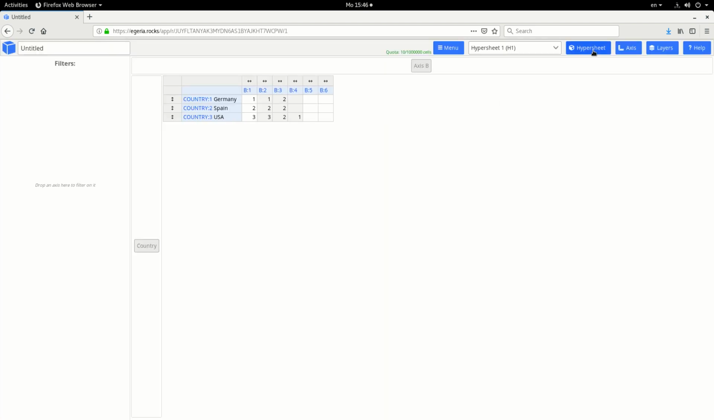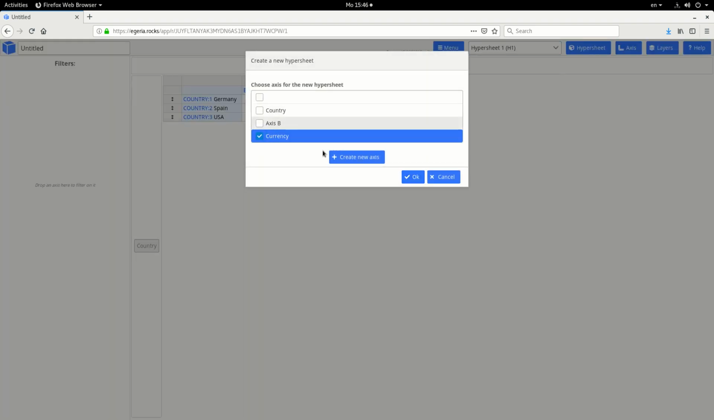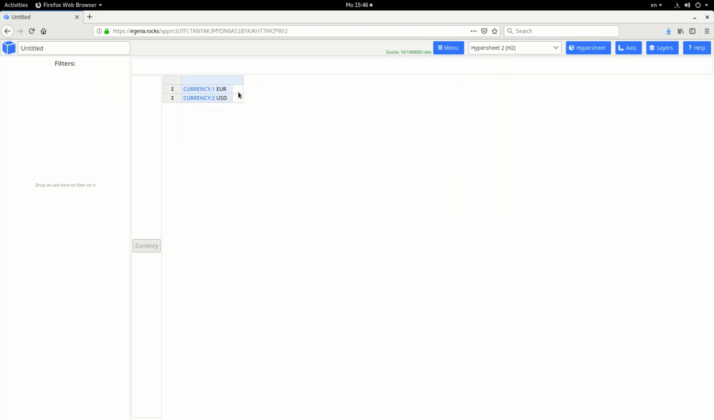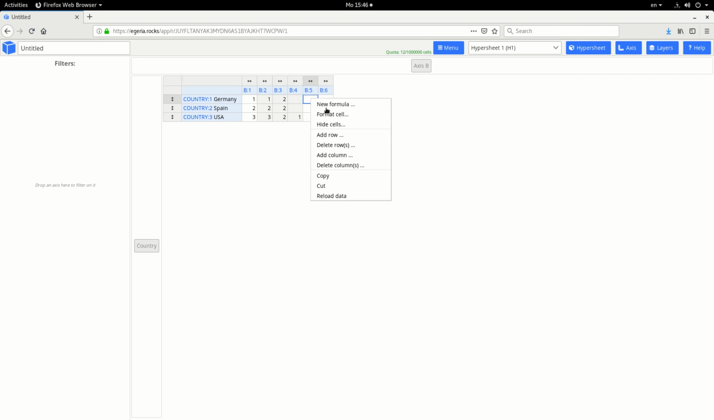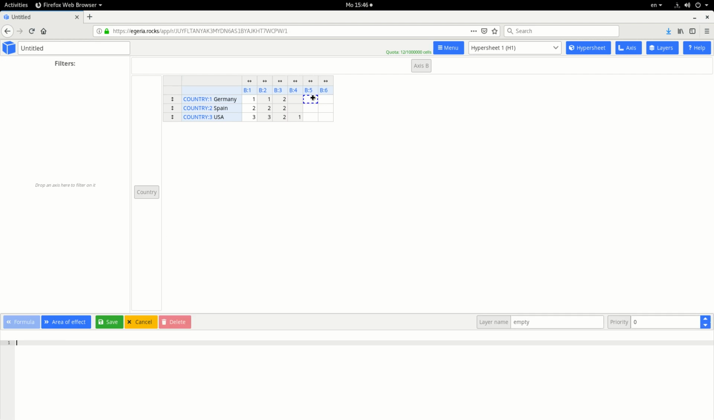Now let's create a new hypersheet where we'll store conversion rates. Just for display, I will put 10 for euro and 100 for US dollar, so we can see the difference. And I will add a new formula here. Now we want to reference the other cell. To do so, I can just click here, and it